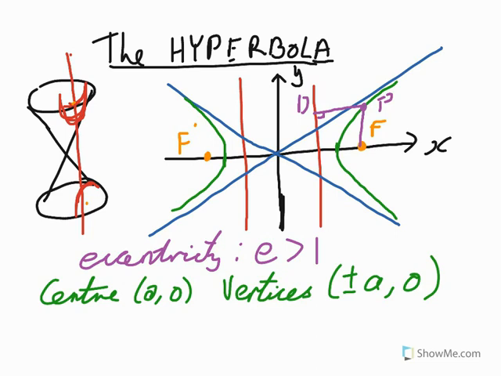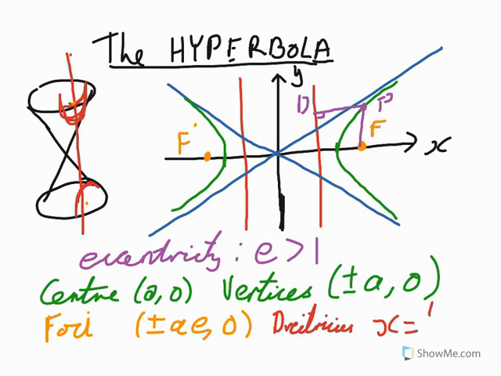Our foci, there's two of them, and they are at plus or minus ae and 0. Directrices, directrices are x equals plus or minus a on e,